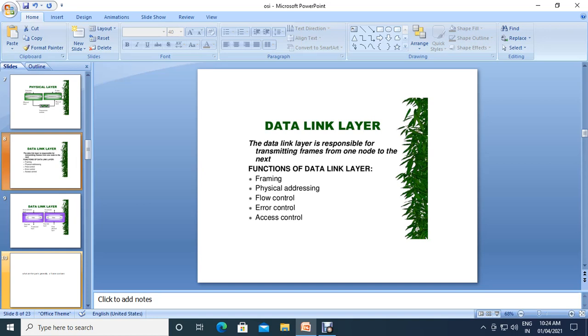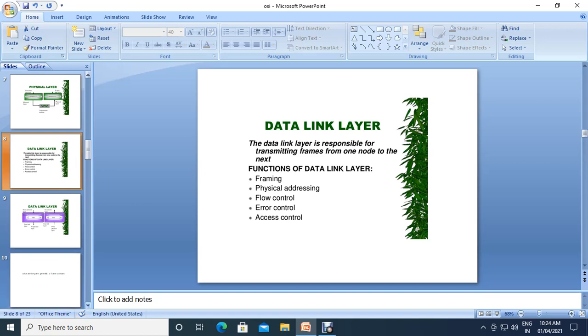The actual data is the data we are transmitting. In the trailer part we add some control information like sequence numbers. That is the full form of the frame. So, mainly three parts are there in the frame: first the header part, then the actual data, and the trailer part.